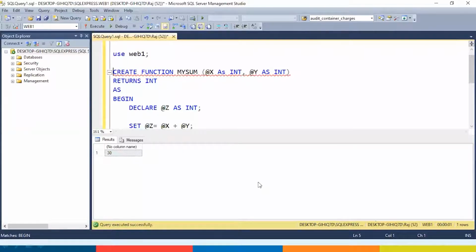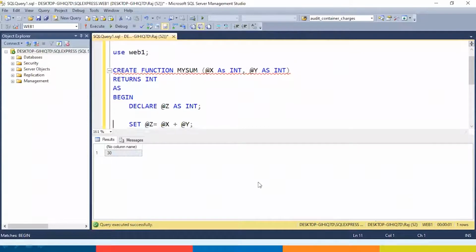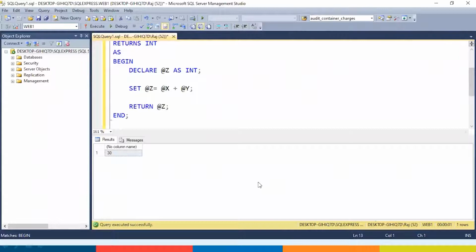Returns int specifies that whenever this function is used, finally an integer value will be returned. Begin and end: the functionality of the function is written between begin and end.